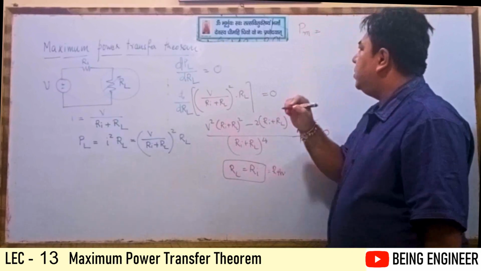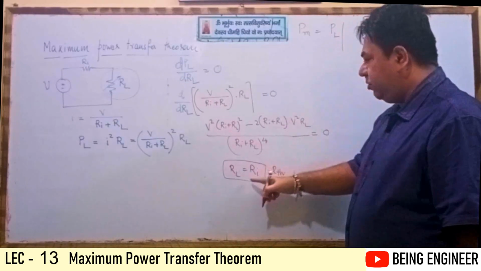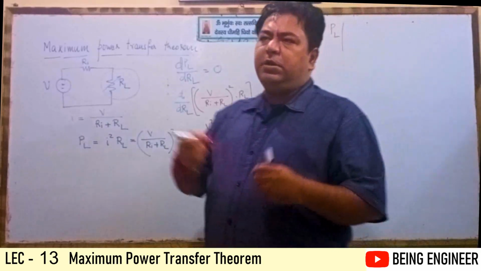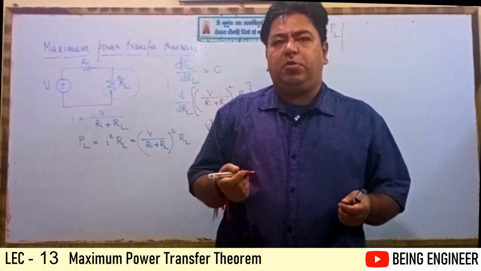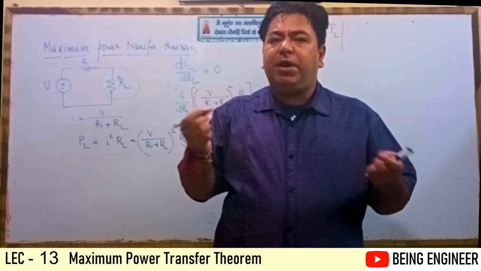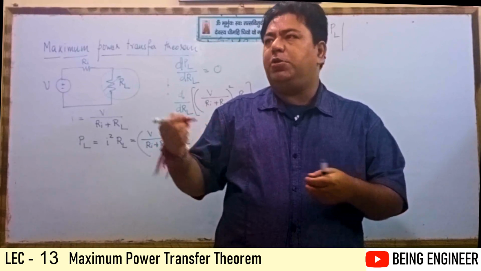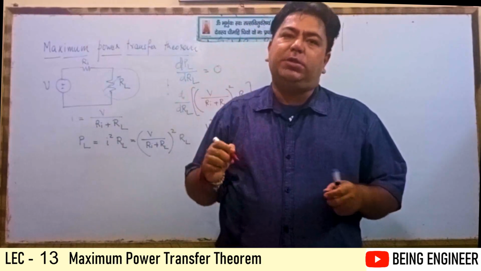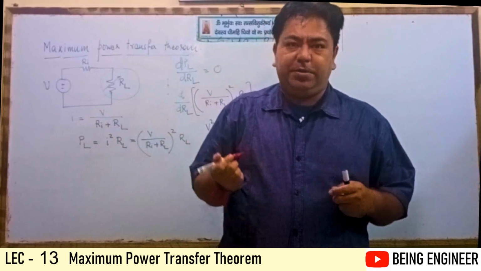Maximum power is equal to the load power at this particular condition. Just like in mathematics, there is a function y equals sin theta, and we want to find out its maximum value. What we have to do is differentiate it with respect to theta: dy by d theta, and the differential of sin theta is cos theta. Then it is equated to 0, so theta will be 90. So I can put theta equal to 90 over there. So y equals sin 90 equals 1. I can say it is the maximum value of y.